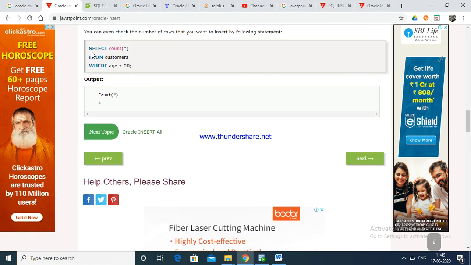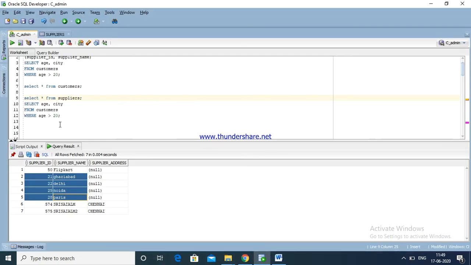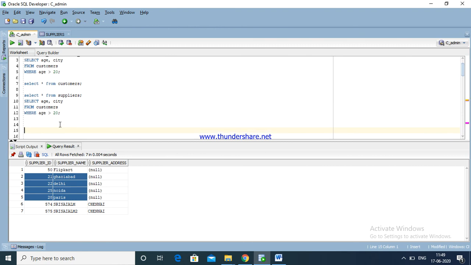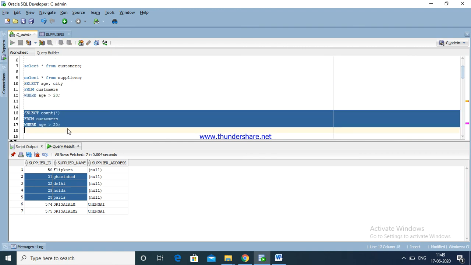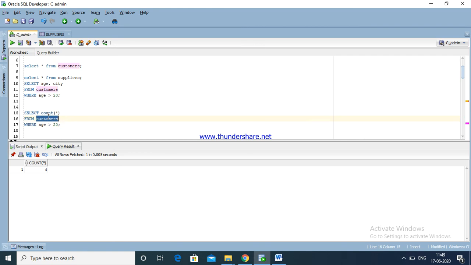Now we are going to check with the statement SELECT COUNT star FROM the customer table for the total count. Okay, with the same WHERE condition, here instead of age, count is given. Same way, here 4 records in the customer table.